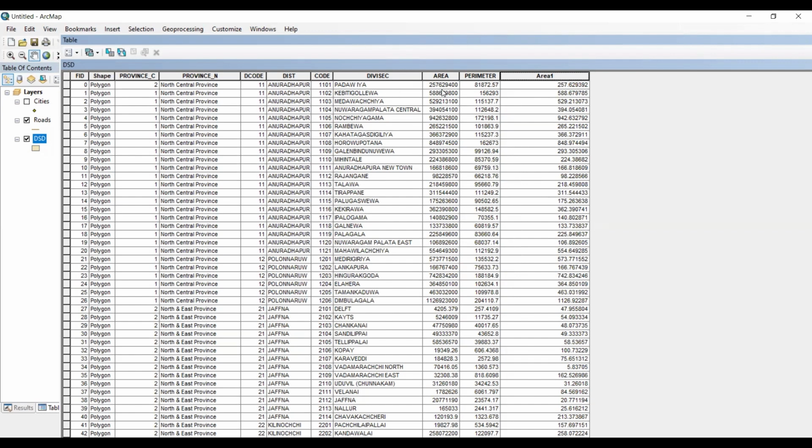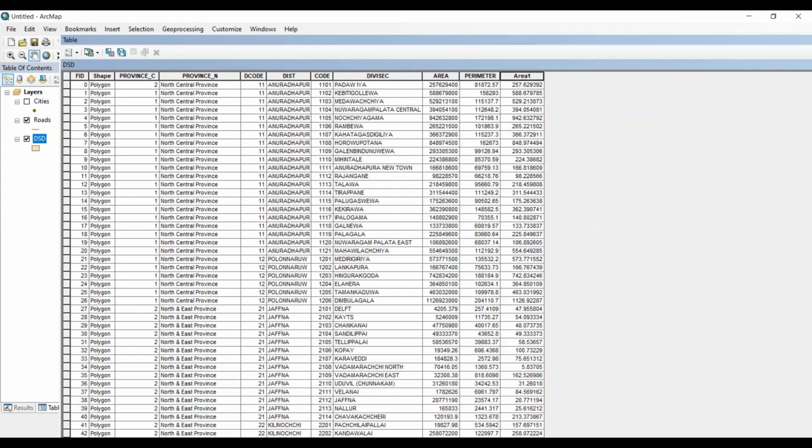If it is from kilometer to square meter, kilometer is 10 to the power 3, and squared, 3 into 2, altogether 6. So 10 to the power 6 is the square meter. Okay. So 2.57, the upcoming digits will be considered, six digits will be there. So that is how it is being assigned. This is for square meter and this is for square kilometer. Likewise, you can assign the perimeter also.